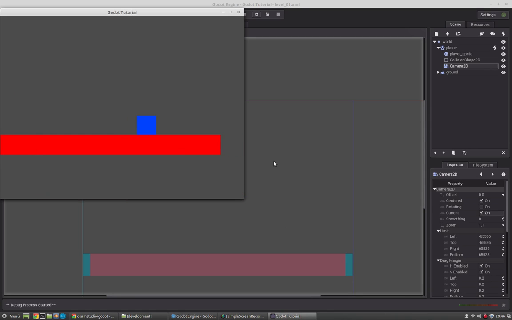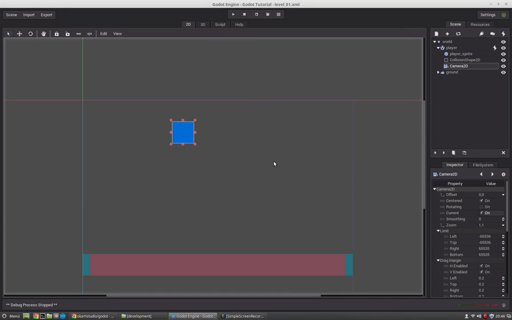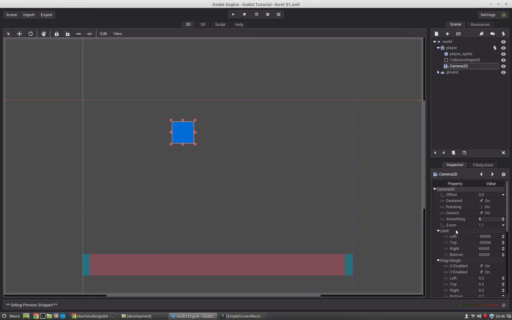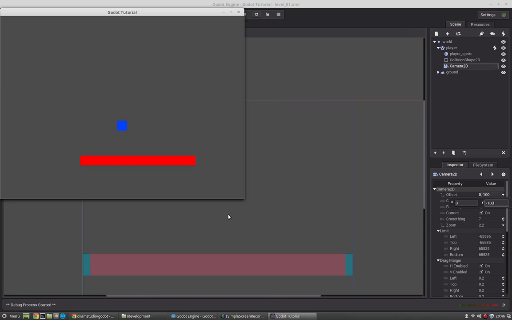So you see we have a camera that is following, but it is following instantly. So we will increase the smoothing value by 6. Set this to 7 and zoom a little bit out. And set an offset here, so -100. This is zoomed out too much. But you see, okay, we have now a moving character, we have a camera that is following, and